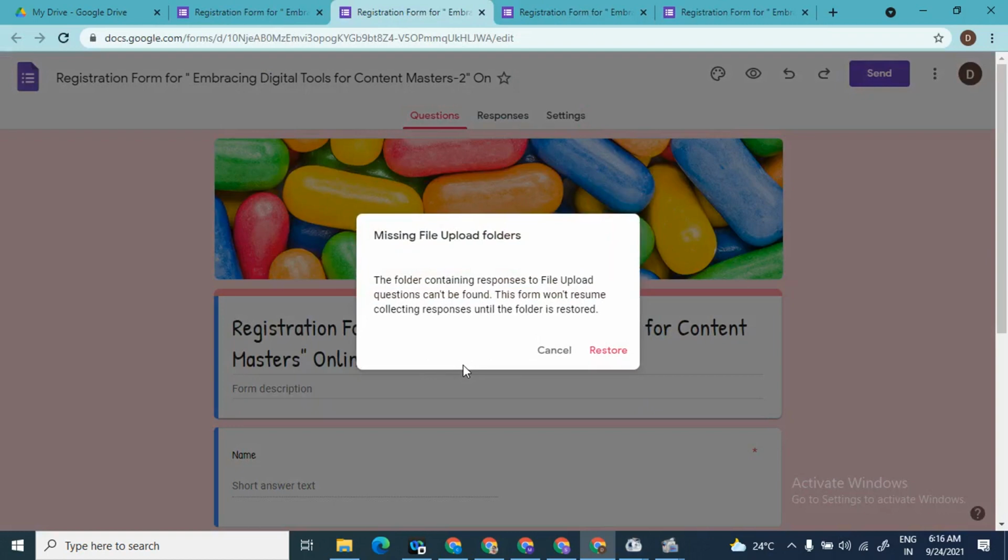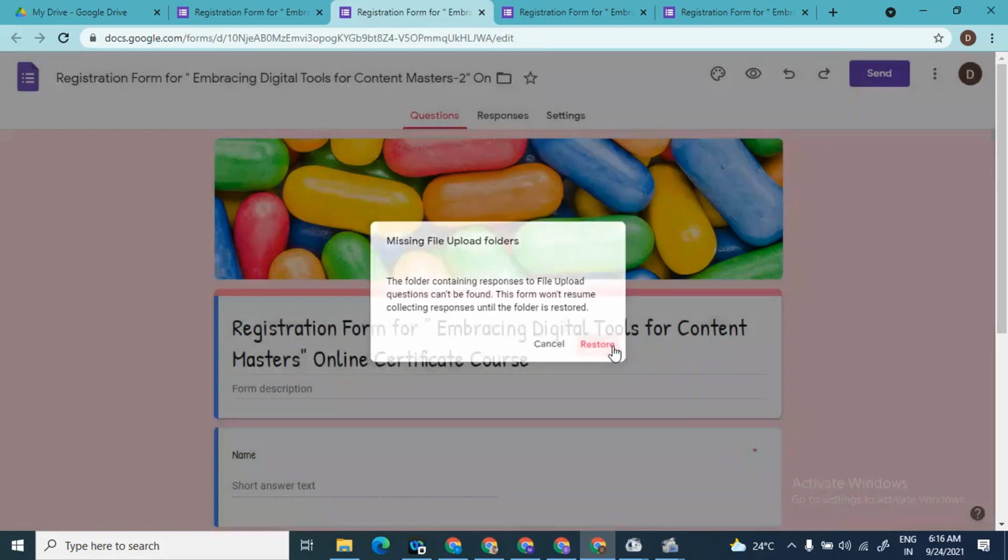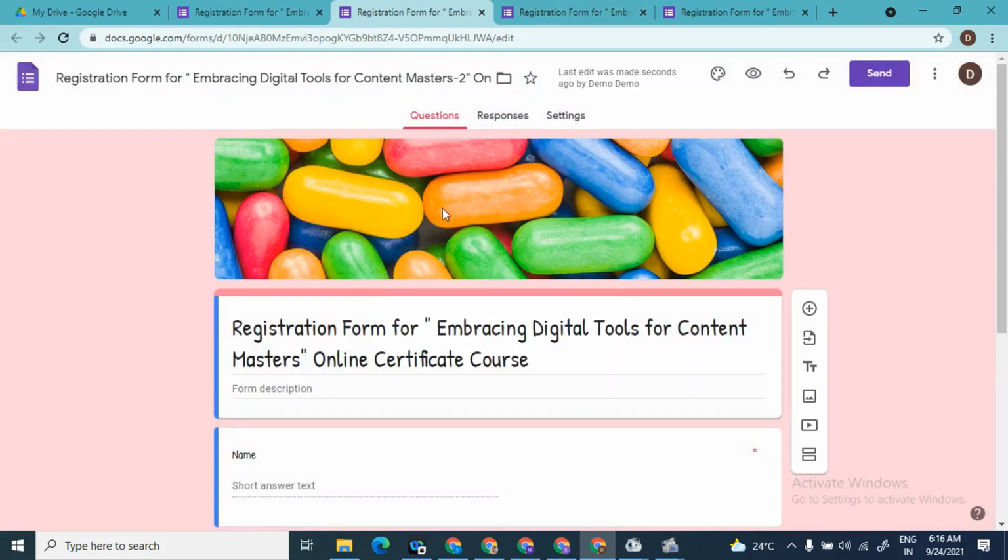So you can see that here it will ask that it is containing one upload folder option. You want to restore it? If you restore it, it will go and restore the folder also. So if I just go to my drive,